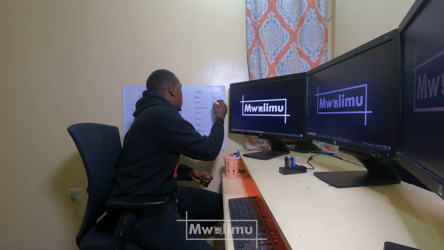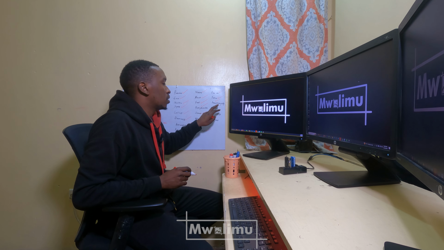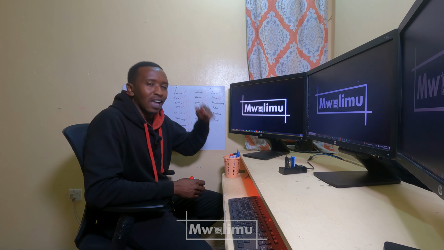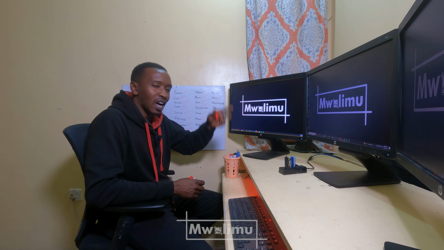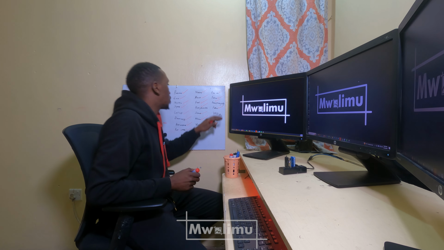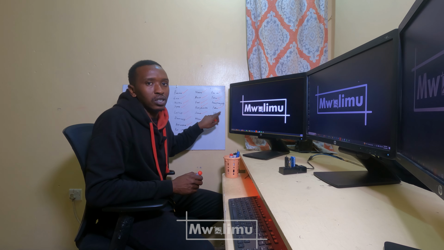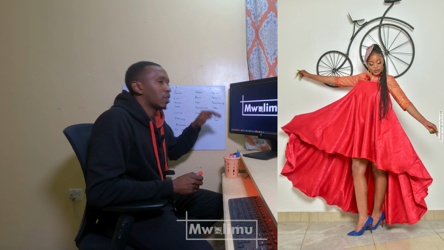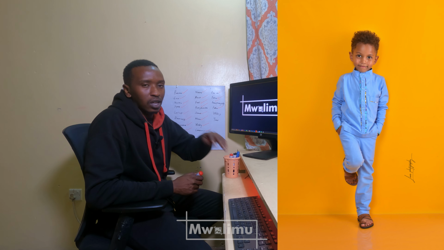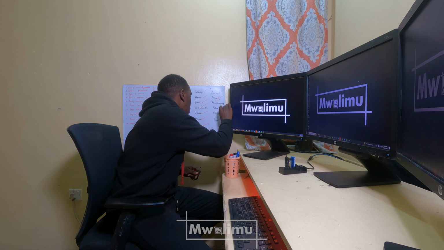Okay, then after that we have astrophotography. Astrophotography deals with shooting aspects of astro and the sky, shooting the night sky, shooting stars, shooting the moon, and things like that. Then you have fashion photography. This is photography that deals with showcasing fashion, either shooting outfits, shooting designs, shooting fashion events and runways and things like that.